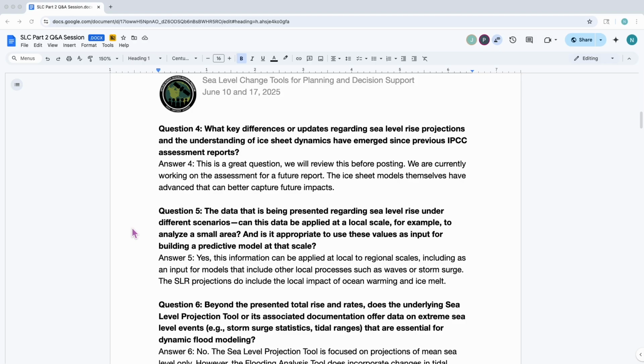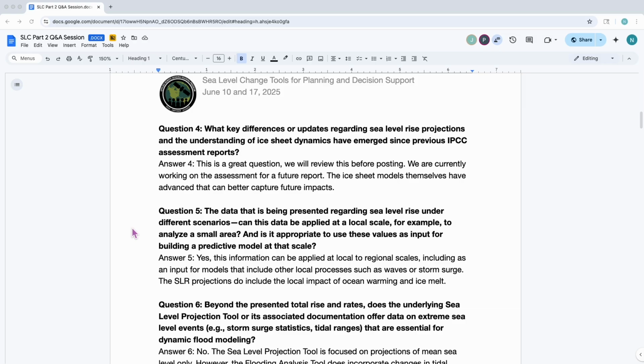That's the international community effort that puts together ice sheet model projections that then feed into the IPCC assessment reports. So rather than give a haphazard answer off the top of my head, I can type in a few bullet points about this, but